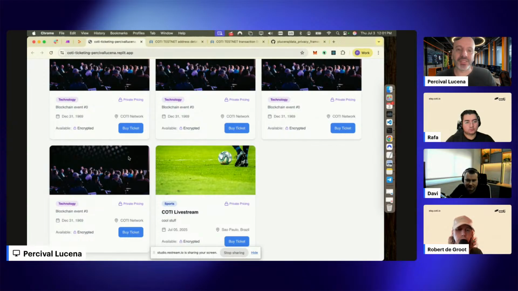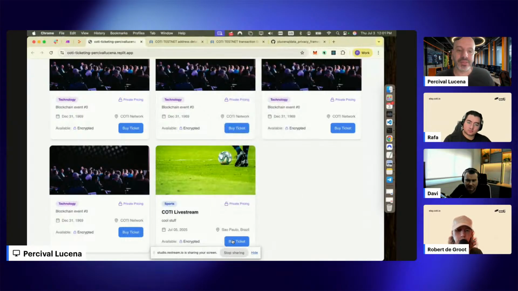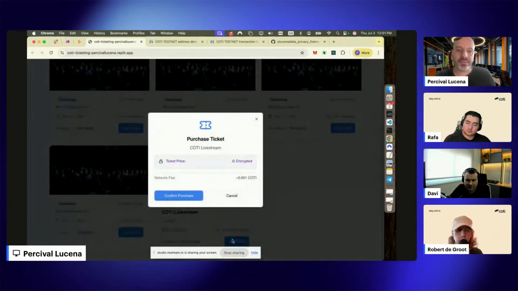So I have created here an event using my account 8, using the app that I already had deployed. Let me see if I can invoke the